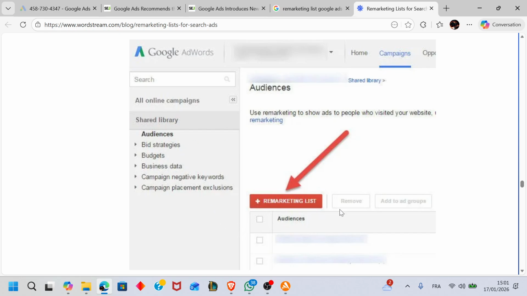To create a remarketing list, you're going to go to Google Ads, then you're going to log in with your account. After that, you're going to click on shared library, and from shared library, you're going to choose audiences, and here you can add the remarketing list. As you can see, you're going to find your audiences here. You're going to click on the plus button that says remarketing list, and just like that, you can add the